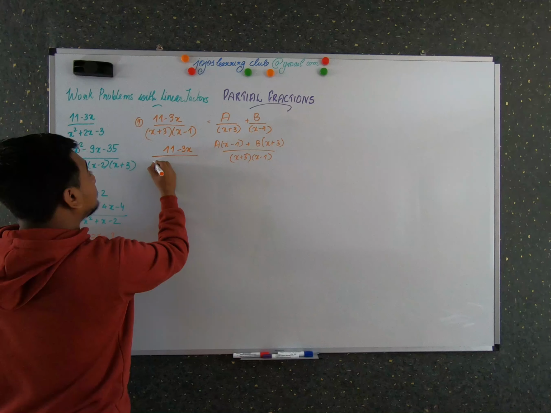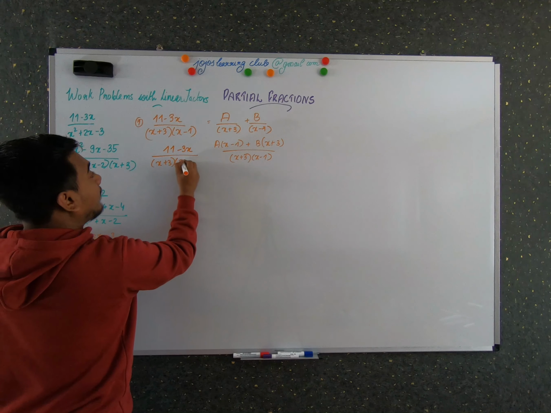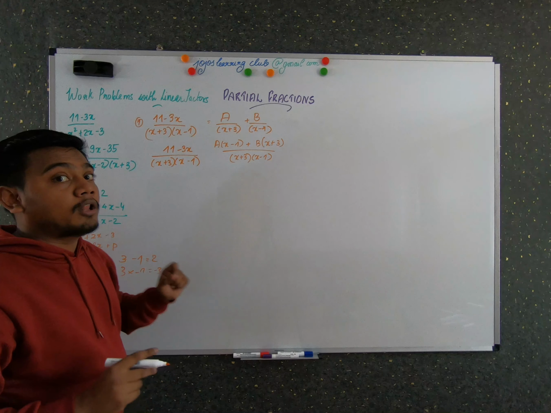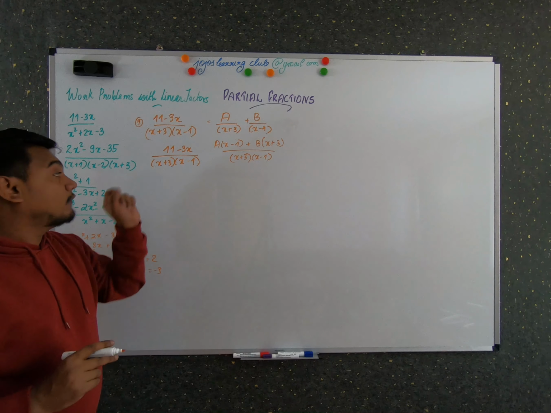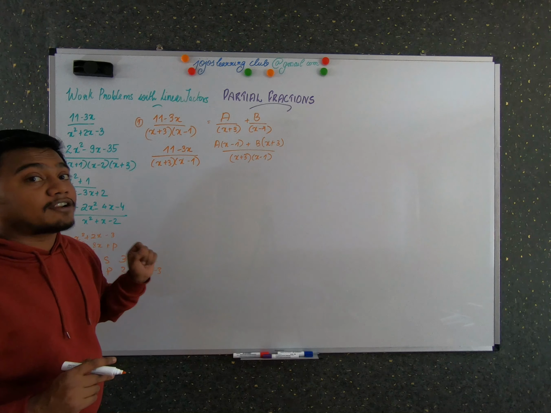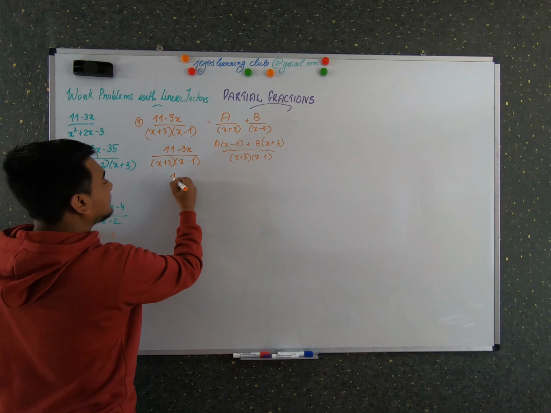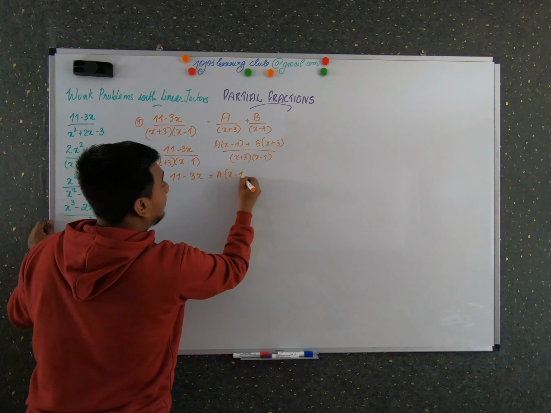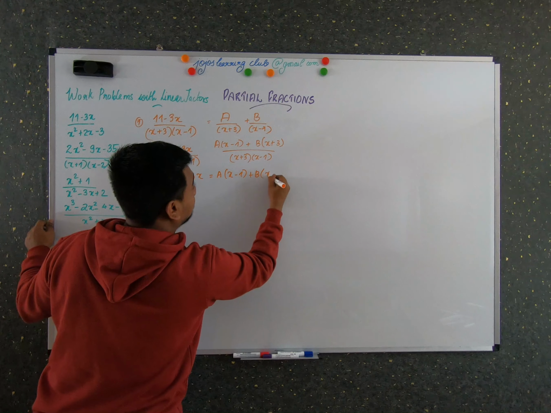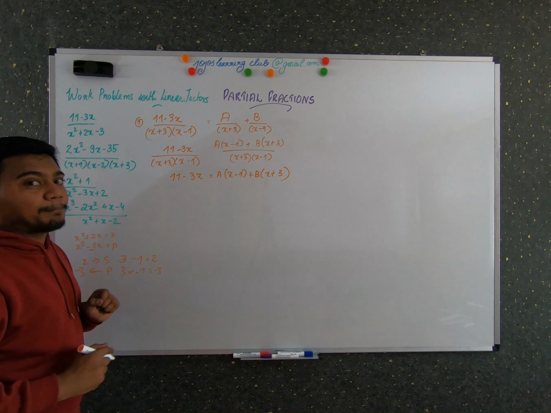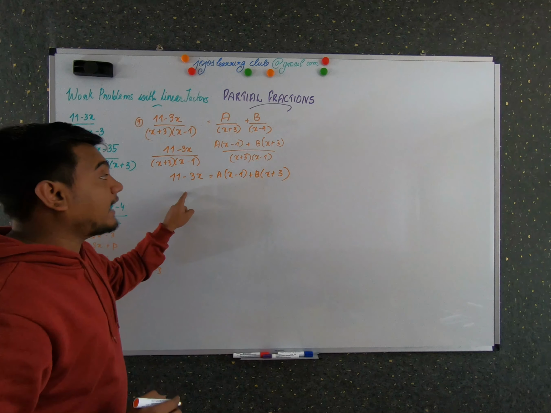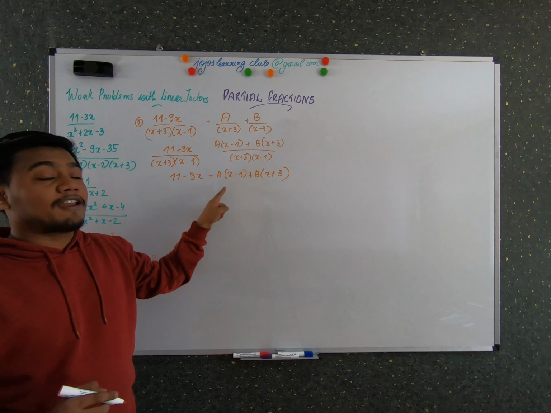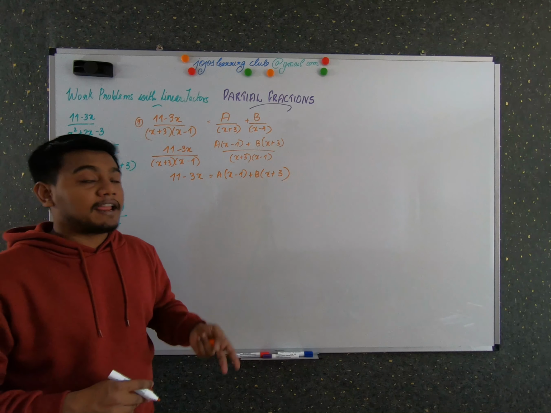So we have (11 minus 3x) by (x plus 3)(x minus 1). Now we know that the denominators are of the same value. The formula is: when you have an identity with denominators of the same value, then the numerators are also the same. So we can write 11 minus 3x is equal to A into (x minus 1) plus B into (x plus 3). What is the next step? The trial and error method. Try to make one of the terms 0, then you can find the other one. Similarly, try for the next one also.